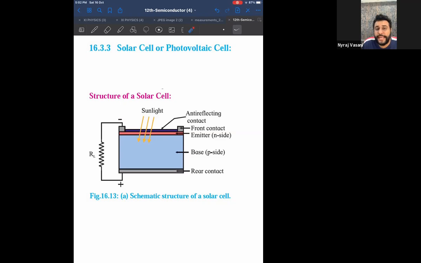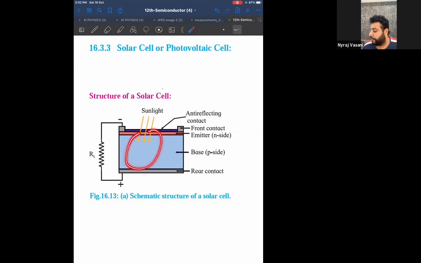Also, solar cell converts lot of light into electricity. Photodiode converts light into little bit of electricity, because solar cell works on the concept of photovoltaic action. Now remember, what was the other name for photodiode? We had 2 other names. Do you remember the 2 names? You have written it in your book. What are the 2 names? Photodetector, photosensor. Just check. Photodetector, photosensor, photodiode. Similarly, solar cell is also called photovoltaic cell.